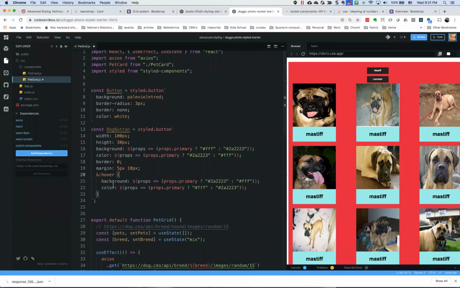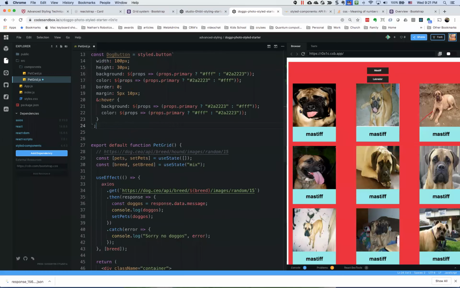But essentially, we're passing in all of this CSS to this button function as a template literal, and then it's creating a component. So the styled module is creating a component that we're then assigning to our variable called dog button. And because I've created it as a component down here, I can use it like a component, right? So I could just do